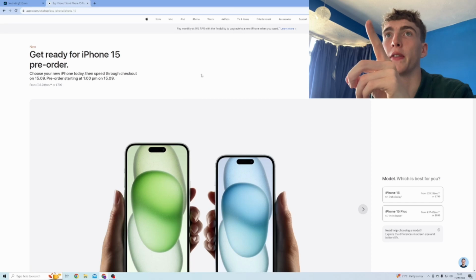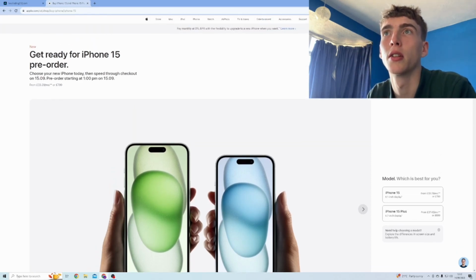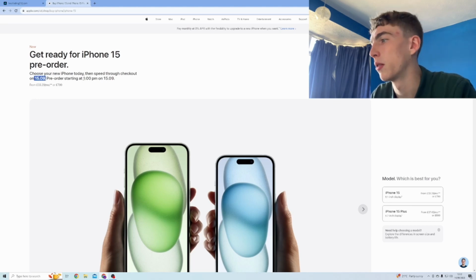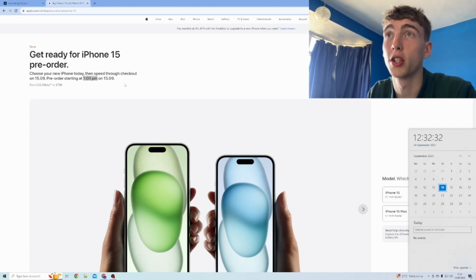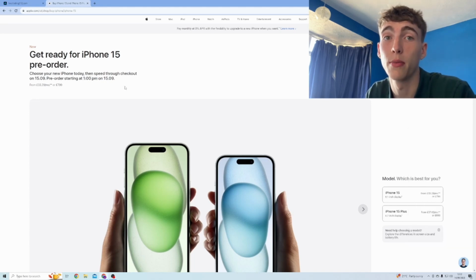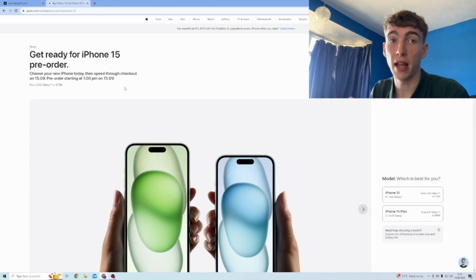The iPhone 15, right? We can speed through checkout on the 15th of September, starting at 1 p.m. Now, as you can see here, it's currently the 14th of September, so it's almost 24 hours before the launch of the pre-order of the iPhone 15. Now, with my understanding of how stocks work, I would expect that there are going to be a lot of people wanting this phone